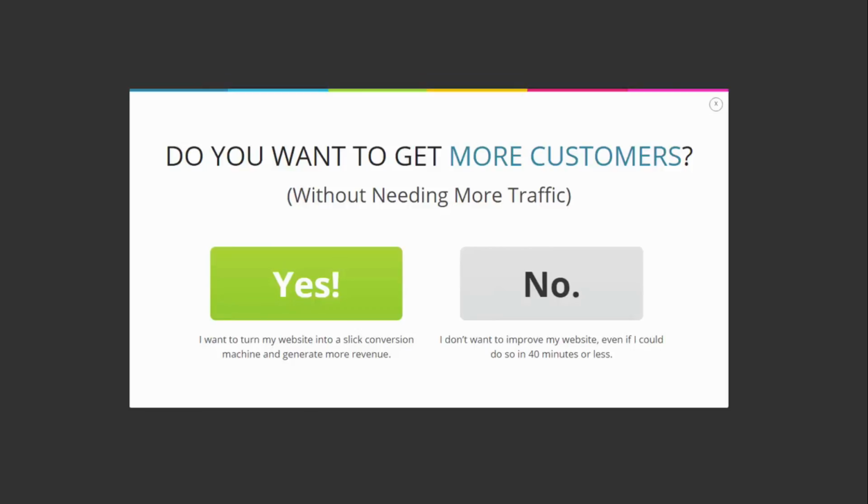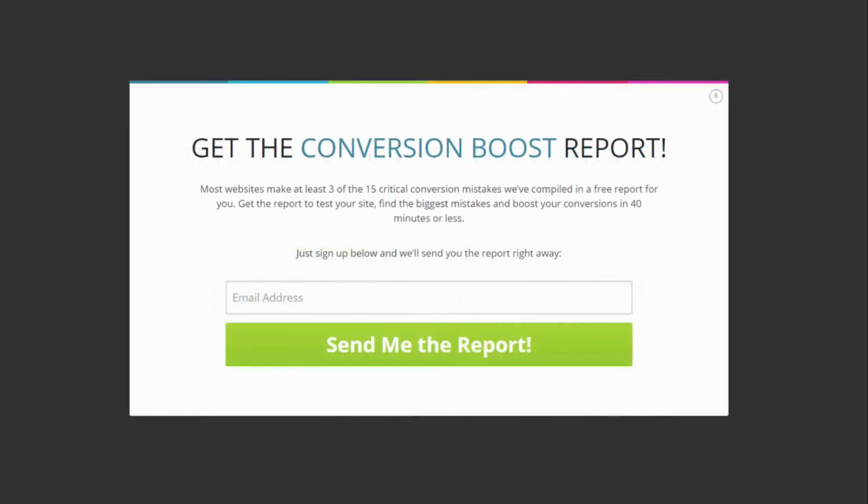If someone clicks on the yes button, that takes them to the next step, where you advertise your offer. So an important difference here is that you don't start by advertising your offer. You start by asking a question, right? Do you want this benefit? Do you want this outcome? And then once someone says, yeah, I do want that, you say, well, you can get this benefit by downloading our free report or going through our secret training video or something. And here's how you get it. Sign up. So that would be a multiple choice opt-in form.